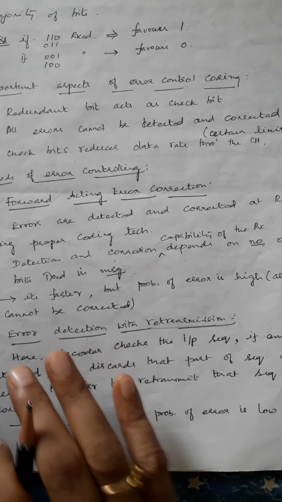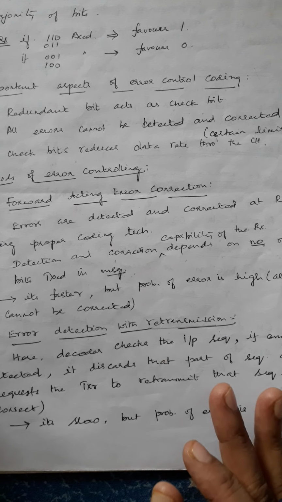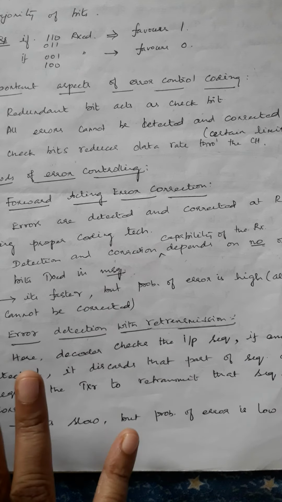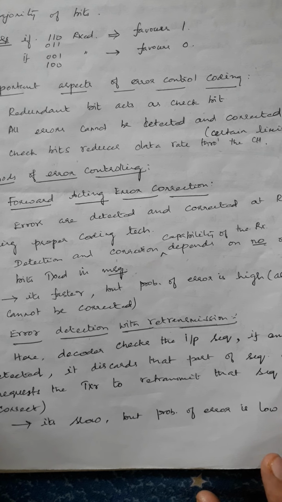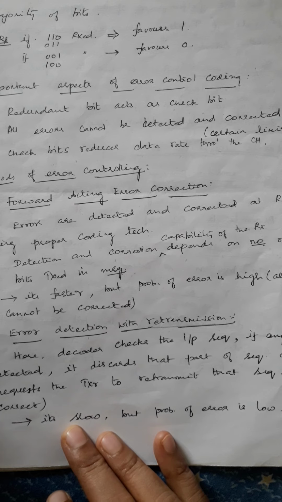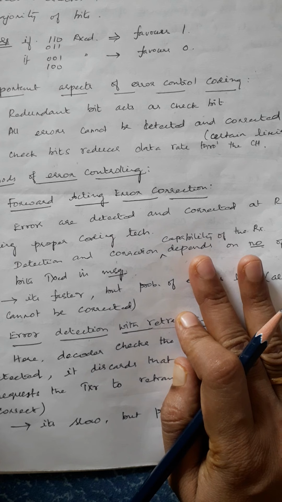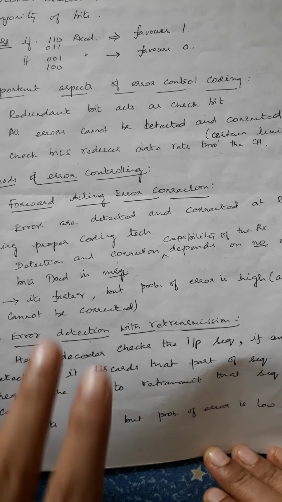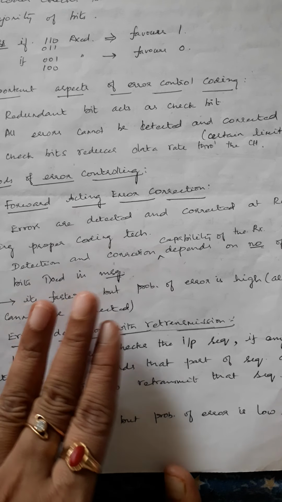When you are receiving that, you have utilized the bandwidth also. You have wasted the time also. Now you send a message to retransmit the same set of 10 bits. So one more 1 millisecond time period is needed. Once again the bandwidth is going to be consumed. So here it is going to be a slow process, but the probability of error, when compared to forward error correction, is going to be less in this case. So these are the two different error controlling methods possible in digital communication receivers.